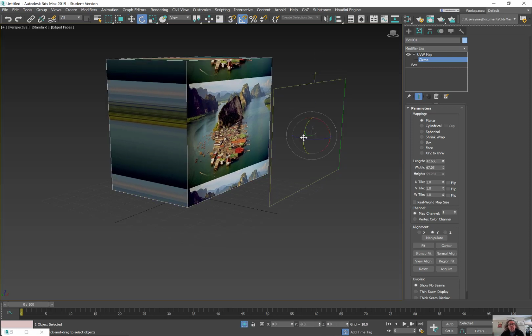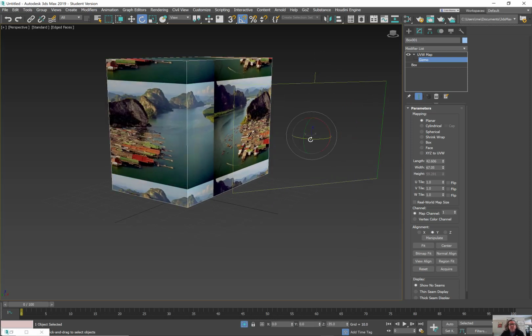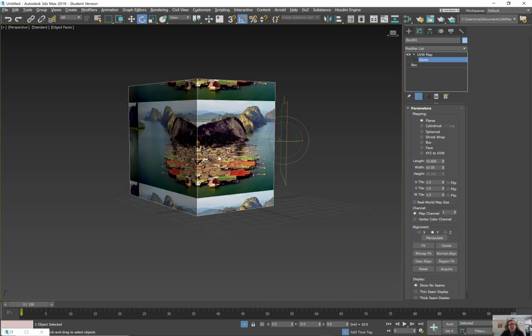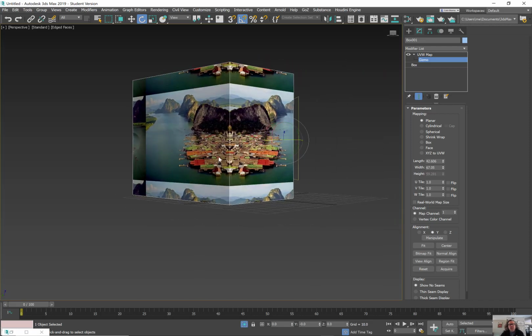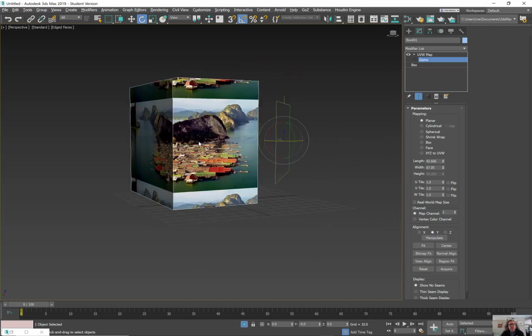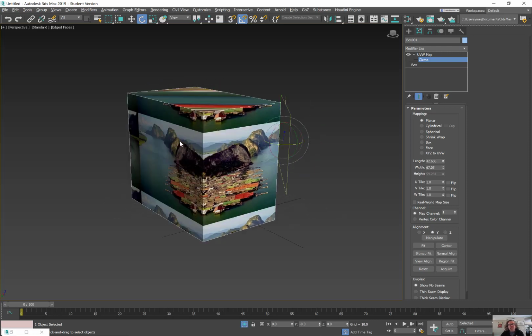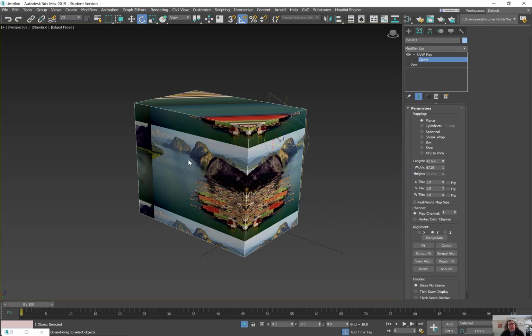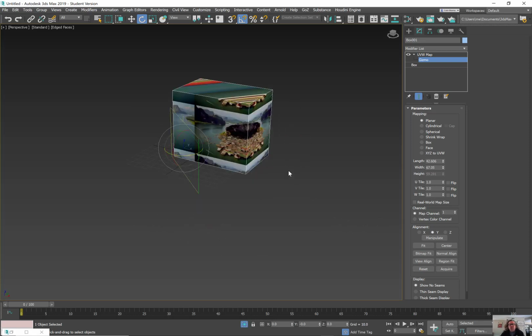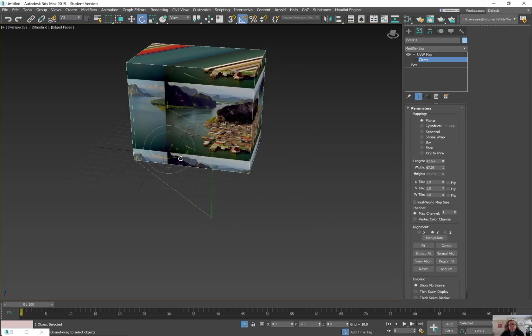So if I go into the rotate tool, you'll see that I can slowly rotate it, and you can see that the stretching on this axis has started to go away. Now we're getting a mirror effect here, and that's just based on the orientation of the normals, which is the rendered side of the actual object. We'll get into normals here in a little bit. I'm going to rotate this back,